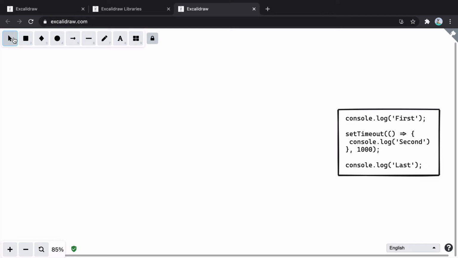In our previous videos, we have talked about how JavaScript is a single-threaded language, and when we try to execute this piece of code that contains setTimeout, that now we know is a browser API, it doesn't behave the way that we think it should behave. If JavaScript is a single-threaded language, the output it should give is first, second, and last.